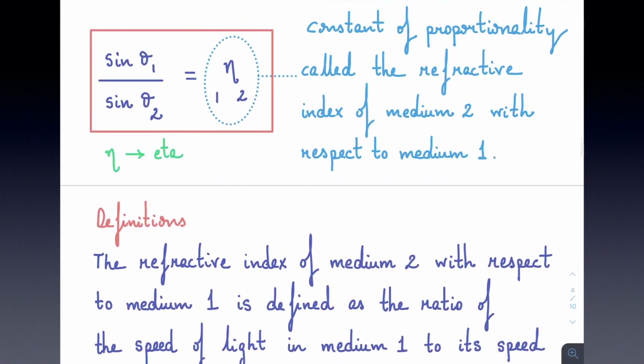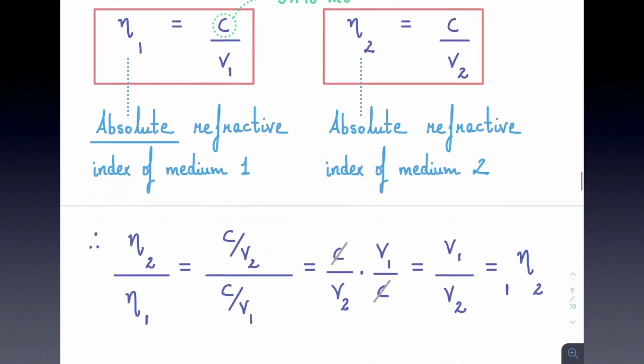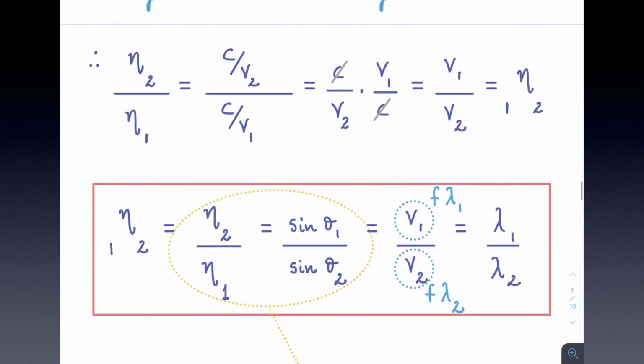It was here. Okay, so I'm quoting this ratio of sines. And we have also seen from here that it is equal to V1 on V2. All right, so we have different ways of expressing this result. And moreover, since we know that V1 is F times lambda 1, you should remember the equation V equals F lambda, where F represents frequency and lambda